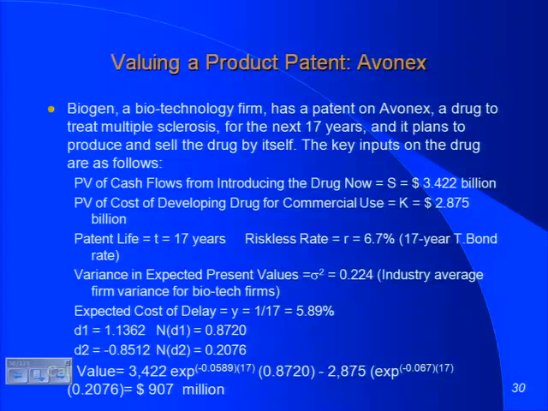The reason I've stuck with this example is here I got lucky. In 1997, when Biogen got the patent on Avonex, and they had 17 years left, they also released a set of cash flows through one of the investment banks as to what they thought this drug would produce in cash flows for the company. Have you ever seen cash flow projections by pharmaceutical companies? It's actually a very morbid exercise. This is actually a drug to treat MS.